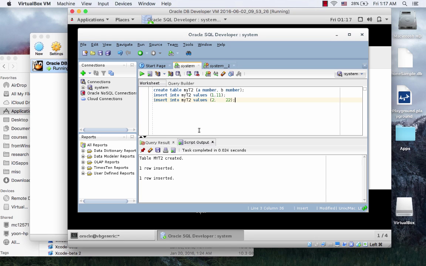So another row is inserted. And then if I want to see, select star from the table called my T2 and semicolon and execute,